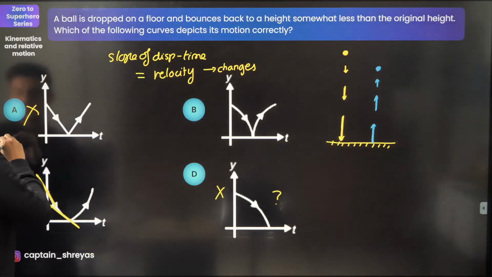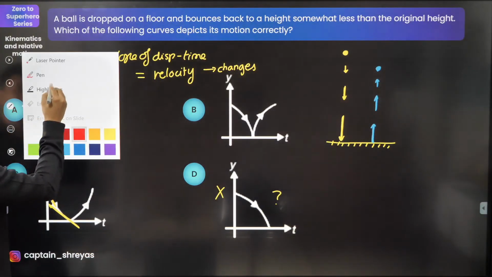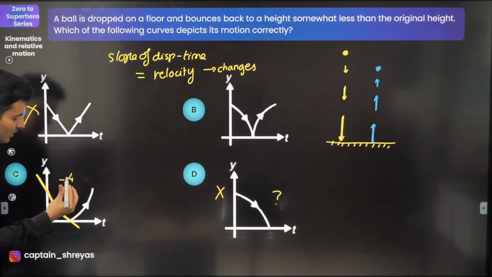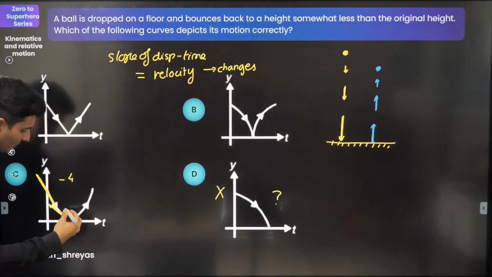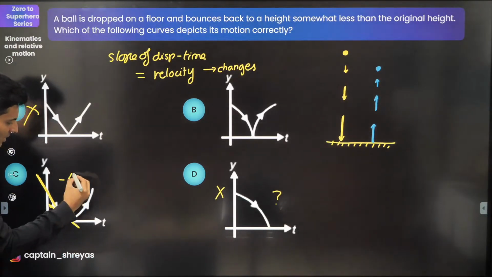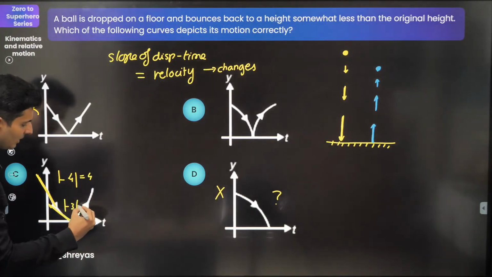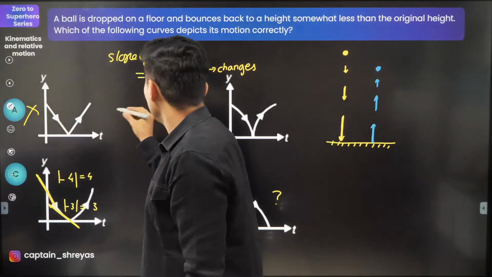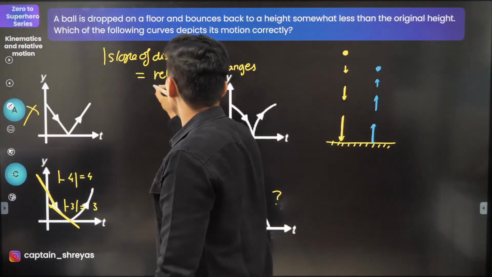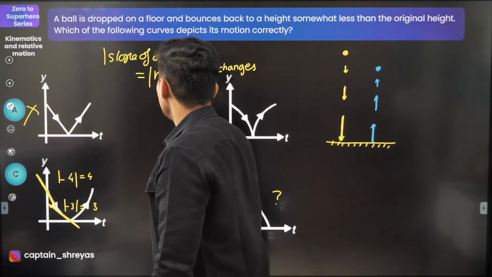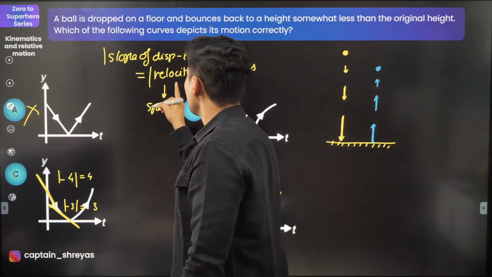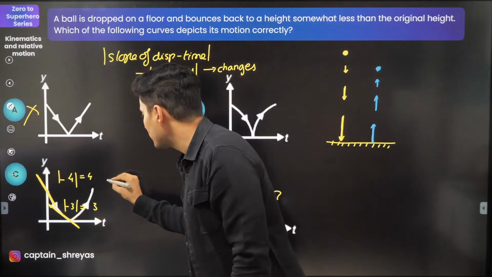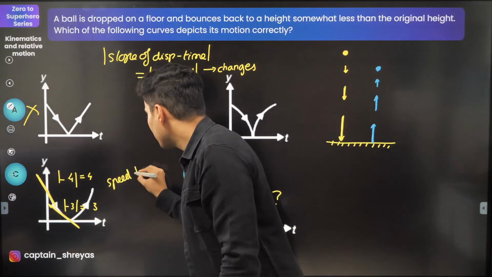It's a little bit tricky, guys. Hold on 1 second. Okay. So here the slope is a lot. So can I not say it is like -4, for example? Here the slope is less. So let's say it is -3 or something. Magnitude wise it is 4. Magnitude wise it is 3. Slope is reducing. And what does the magnitude of the slope give? Basically magnitude of velocity. It gives you speed, the modulus. So think about it. Here the speed is reducing. Here the speed is reducing.